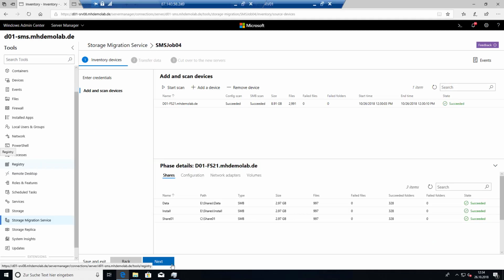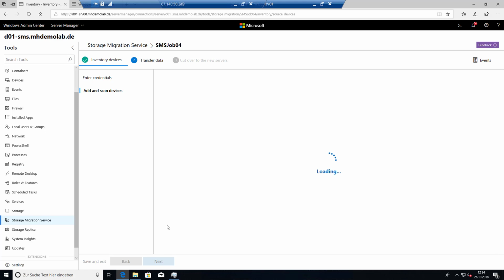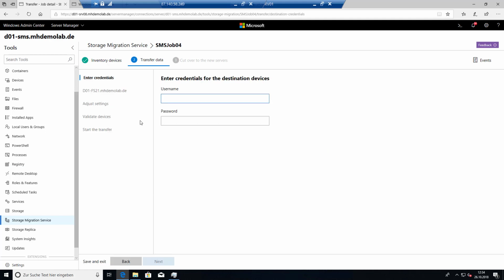So we finished the inventory in the live demo, and now I want to proceed with the data transfer. We need credentials again. These are the credentials that are used to authenticate at the target server. This is my domain and the user, the password.